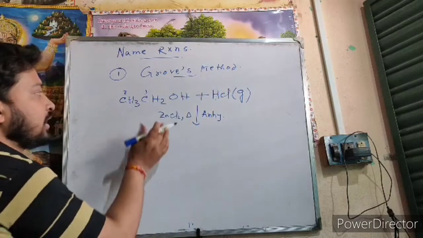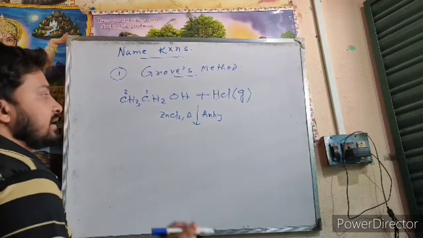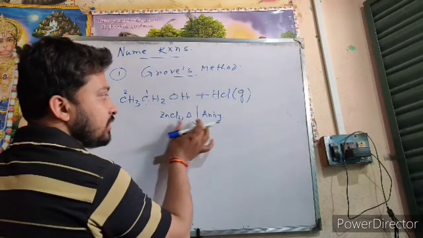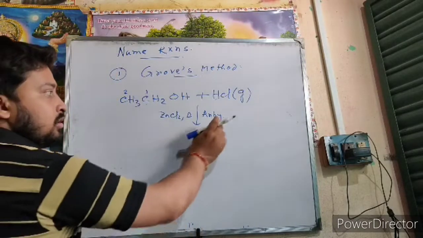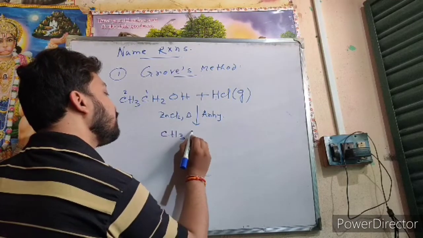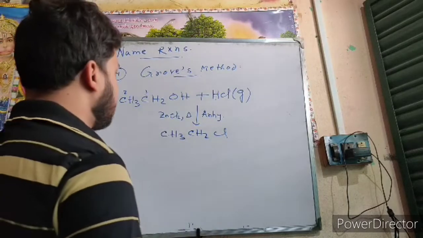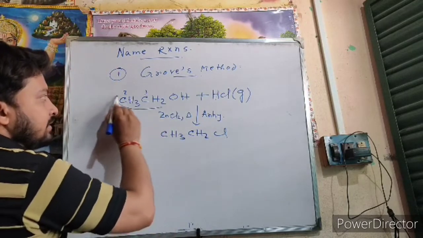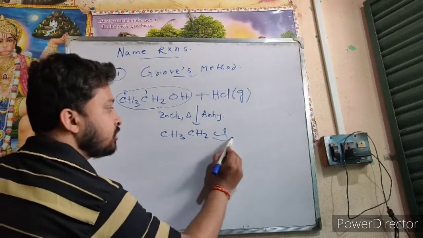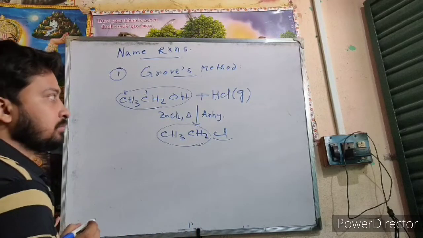This is Groove's method. We take CH3CH2OH as an example and react it with HCl and ZnCl2, with heat and anhydrous conditions. Now you get CH3CH2Cl as a product. You take ethanol and you get chloroethane. Okay,